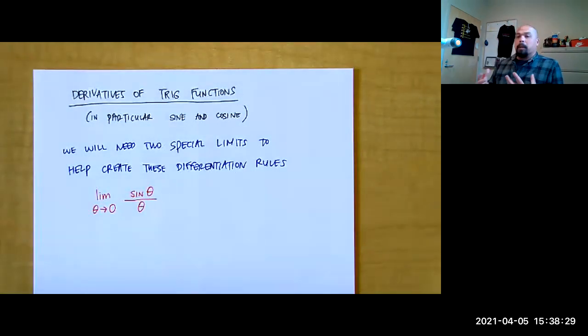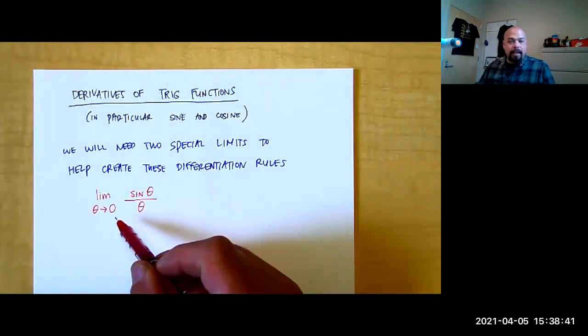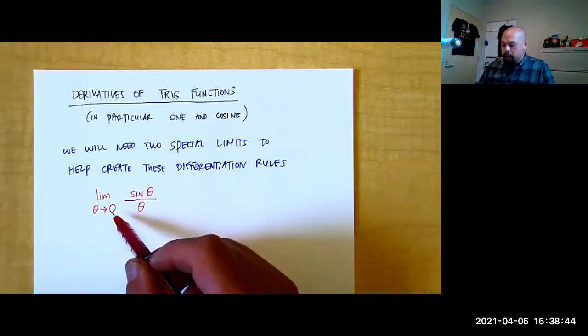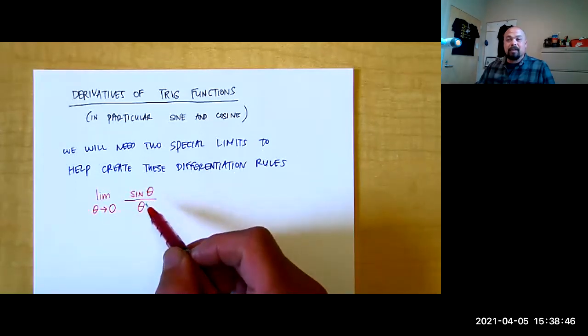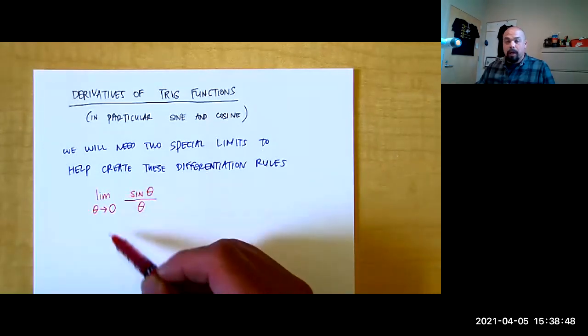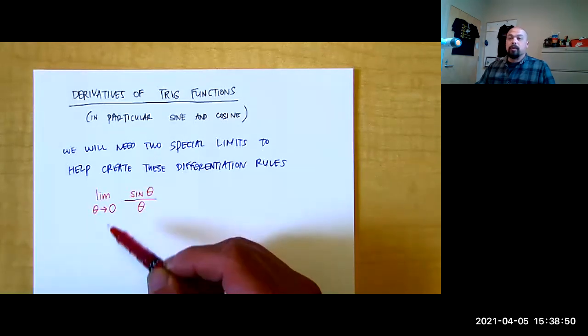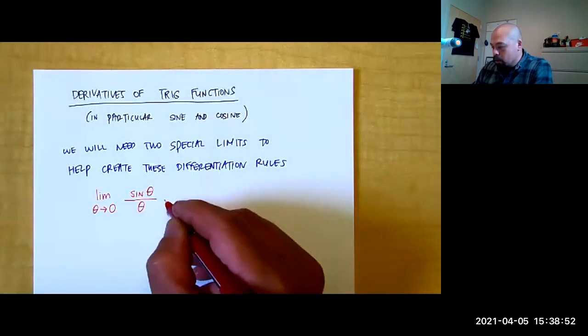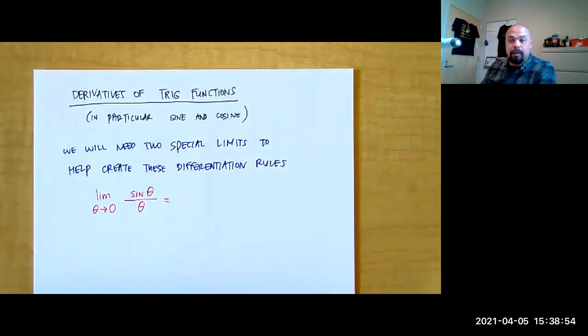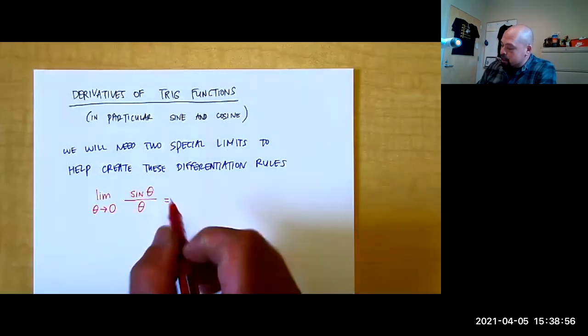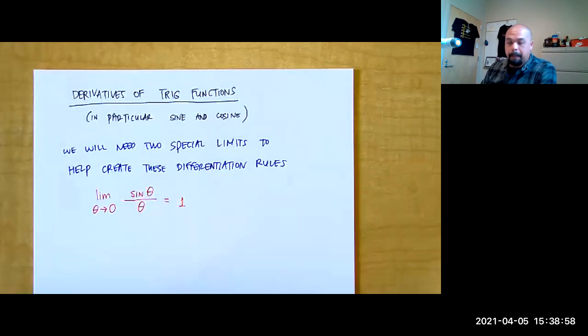Some geometry you can search on the internet, or the textbook might have a longer derivation of this. But for now, if we just do a simple calculation, letting theta in terms of radians go to 0, taking the sine of theta over theta, getting closer and closer, 0.1, 0.01, 0.001, and so on, we'll see that this limit, that ratio, is going to go to 1,